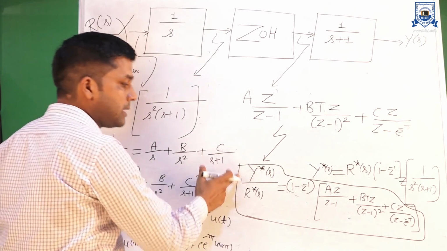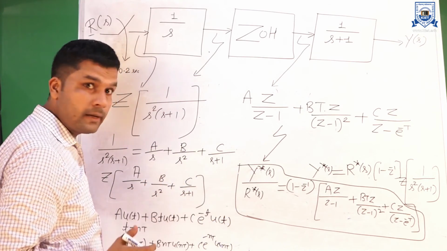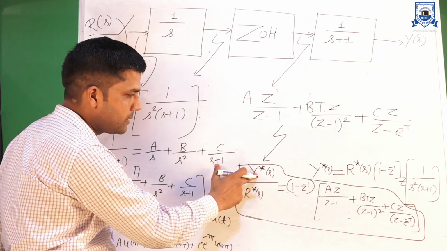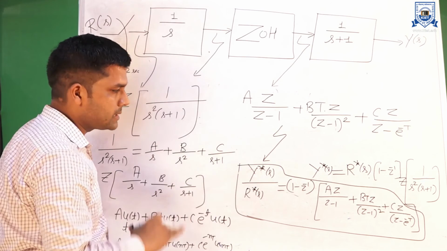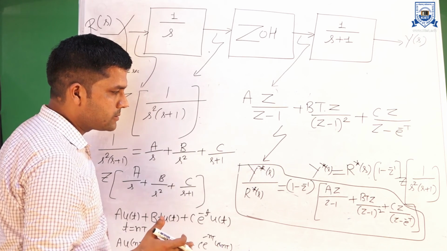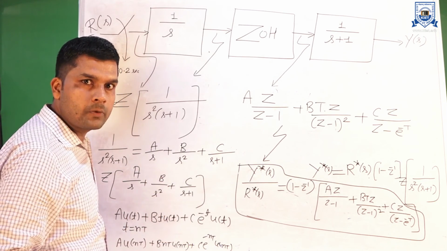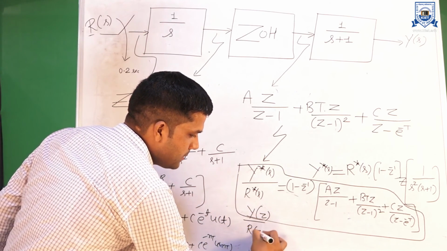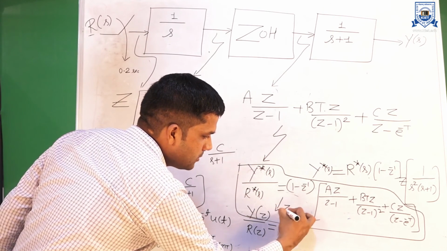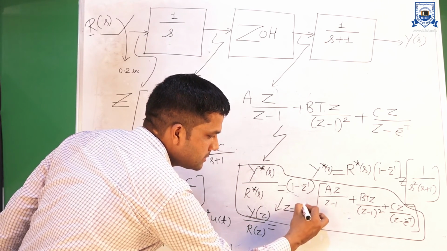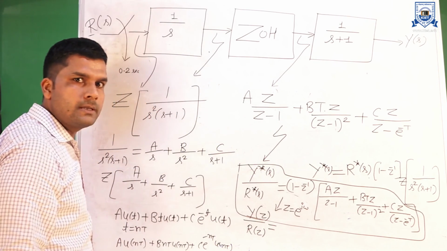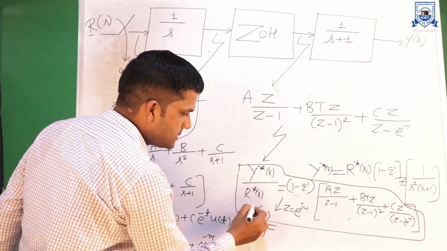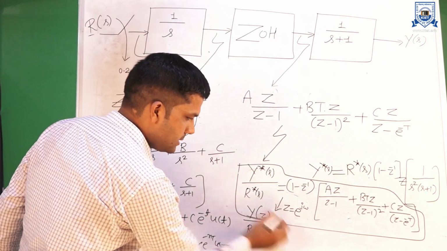And this transfer function is also known as the pulse transfer function. Why? Because the given output is in terms of sampled form. So sampled form is nothing but the pulse transfer function. If any student asks, sir, how to calculate Y(z) upon R(z)? We can calculate Y(z) upon R(z) by putting z equal to e to the power j omega. Okay, so we can calculate, and it can be represented in this form, j omega.